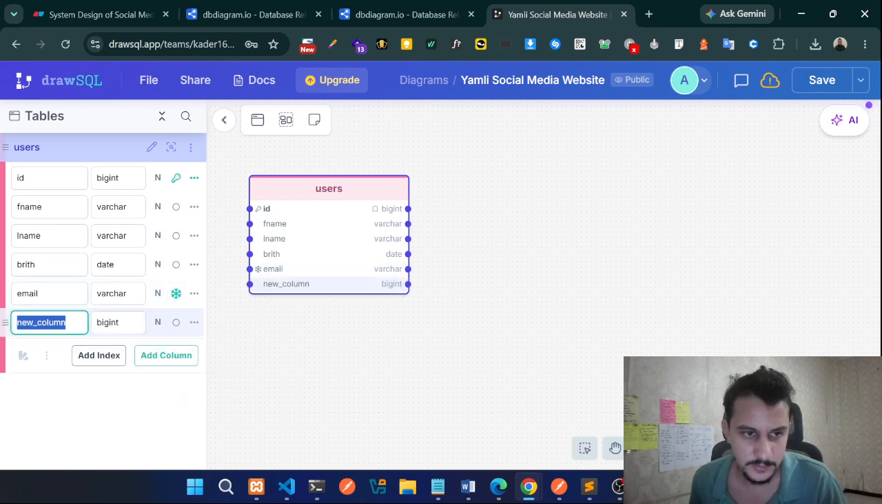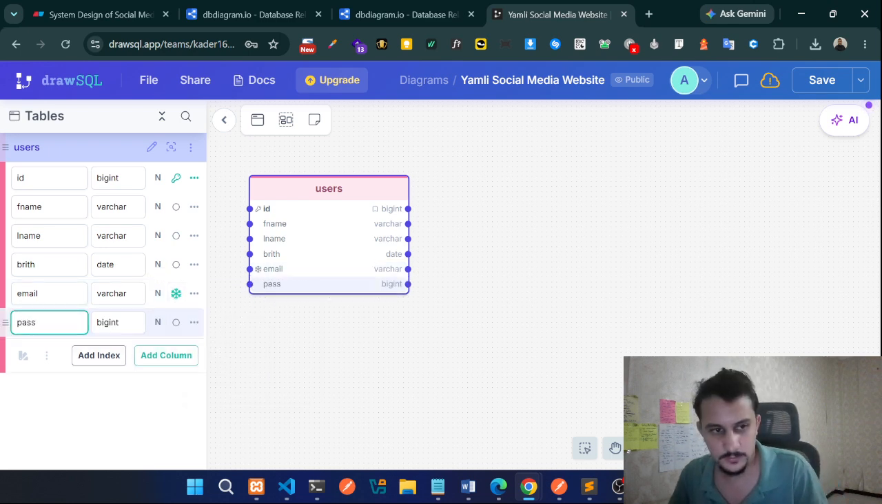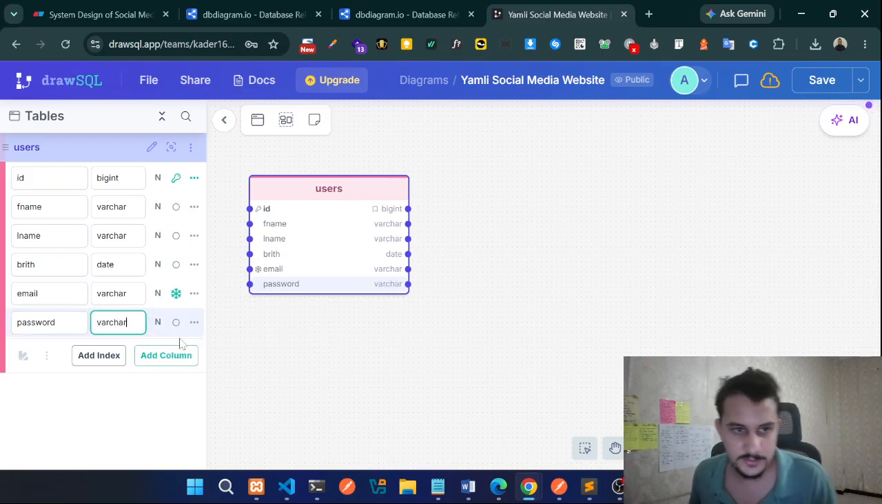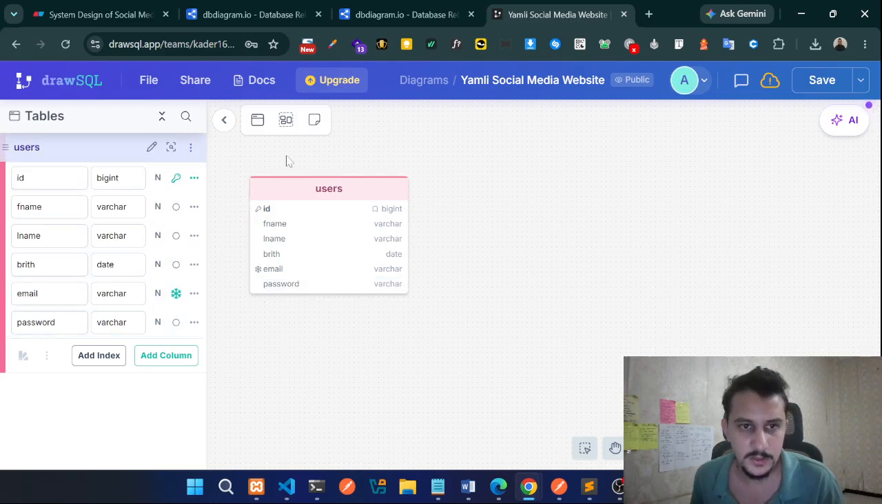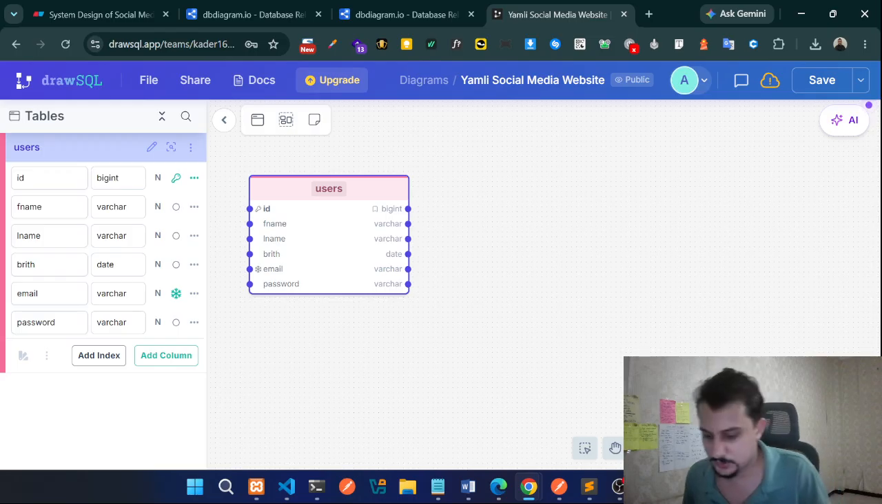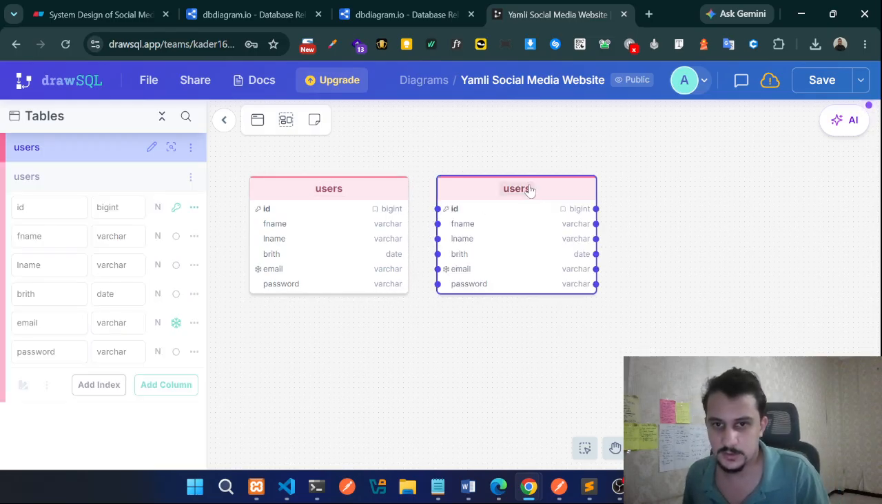Okay, so add column here, we make password, var character. So we have the first name, the last name, birth, email, and password. Now we want to go to the second table called profile,